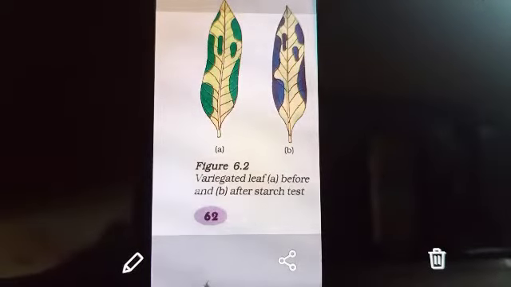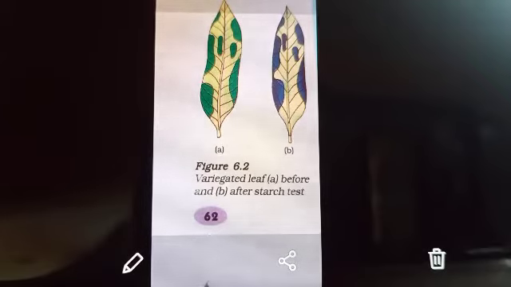Let us do an activity which demonstrates that chlorophyll is essential for photosynthesis. So chlorophyll is very essential. Let us do a small activity. Take a potted plant with variegated leaves, for example, money plant or crotons. Keep the plants in a dark room for 3 days so that all the starch gets used up. Now keep the plants in sunlight for about 6 hours. After 3 days, you have to take them back and keep them in the sunlight for 6 hours.